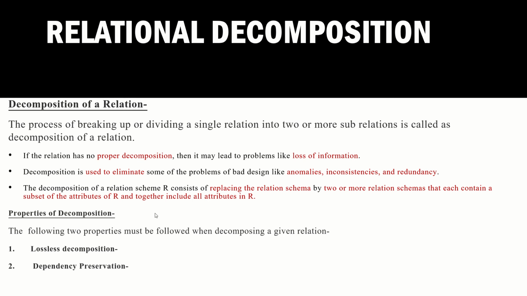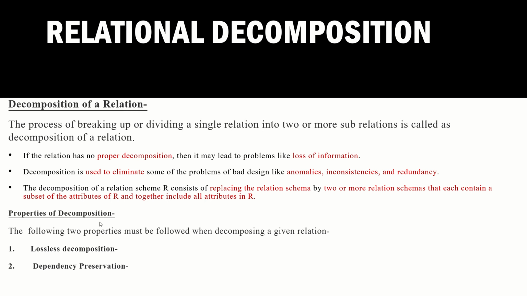As an example, if R is a relation which is maybe a larger relation which contains a lot of attributes, decomposition means R is divided into smaller tables such that each of the tables contains a subset of attributes of capital R, that is the original table, and if you join all these tables together, then we will get the original set of attributes in the original table R.